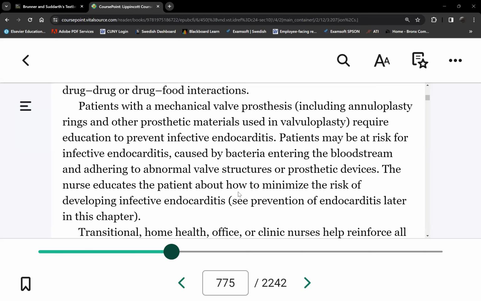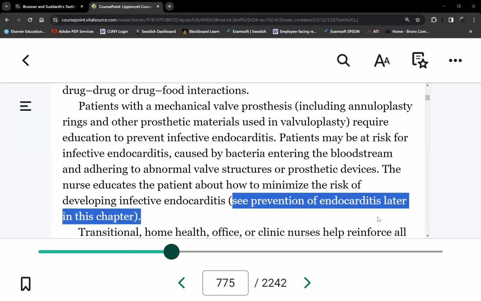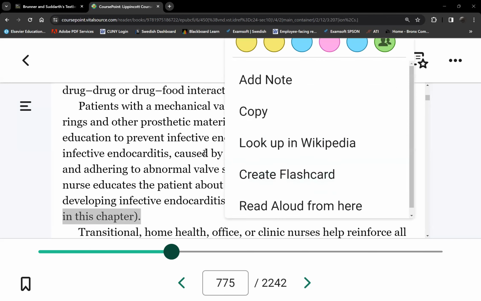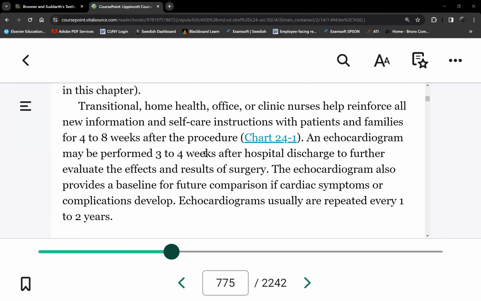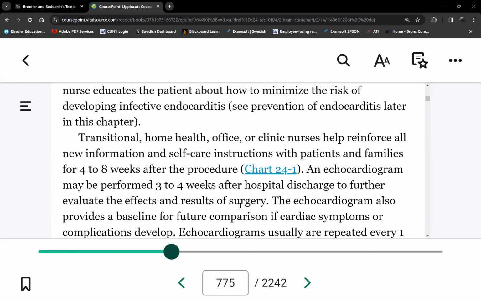So it's mentioned here, but as mentioned also here, we will have to discuss the prevention and management of endocarditis on a different chapter. But since we're talking about it here, let's discuss the prevention. So after heart valve replacement or repair, since the patient is at risk for endocarditis, the most frequent